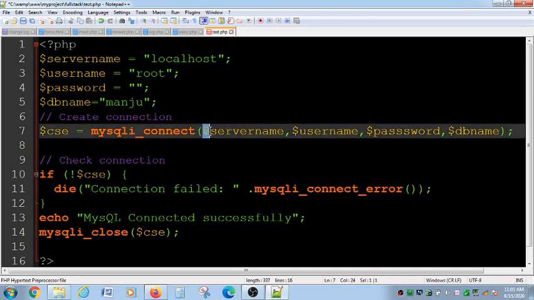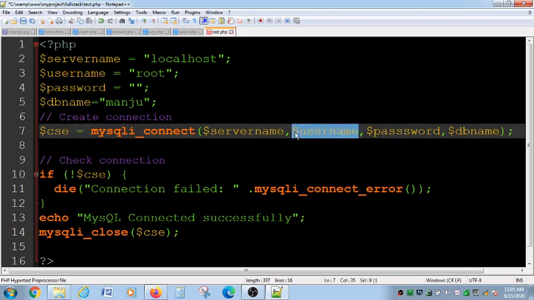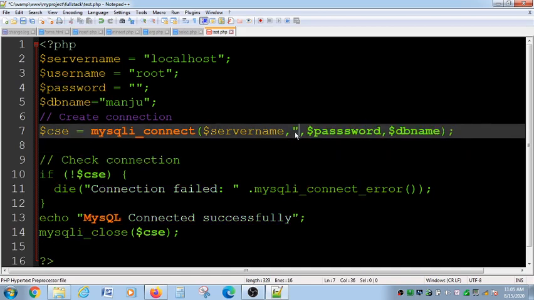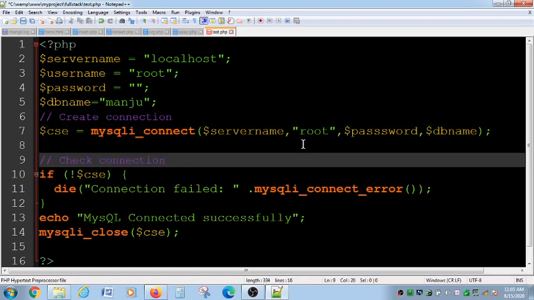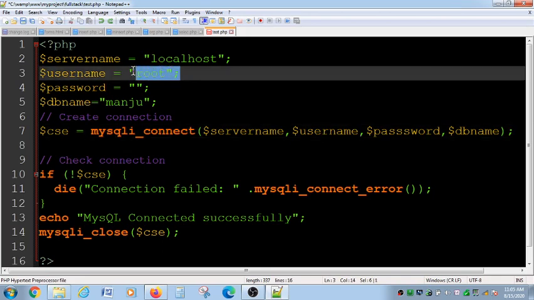Whenever you are using a variable, you have to carefully observe this: the variable is not given in any quotes. If I were using my password directly, I would have to give it in double quotes. But since I am using a variable, I am just using the variable name without any quotes, because I am already giving the value within quotes and storing it in this particular variable.